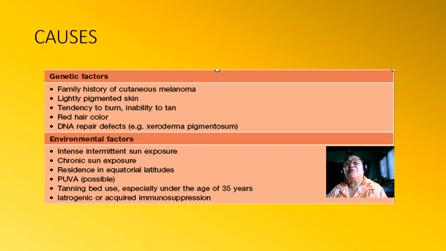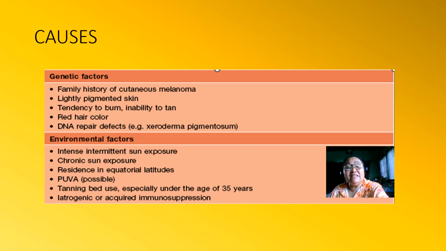So, what causes melanoma? Melanoma develops when melanocytes, the cells responsible for producing melanin, the pigment that gives skin its color, undergo DNA damage and begin to grow and divide uncontrollably. This uncontrolled growth leads to the formation of cancer. The development of melanoma is usually caused by a combination of genetic and environmental factors.